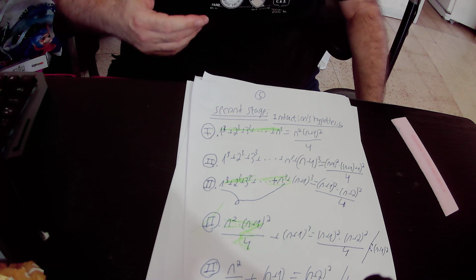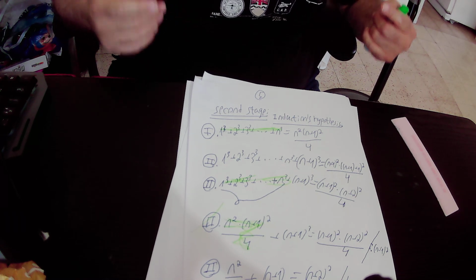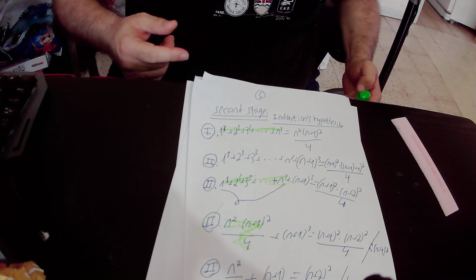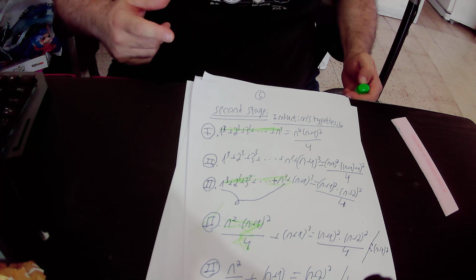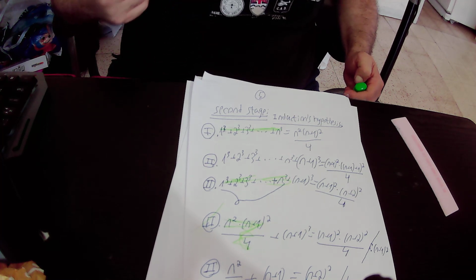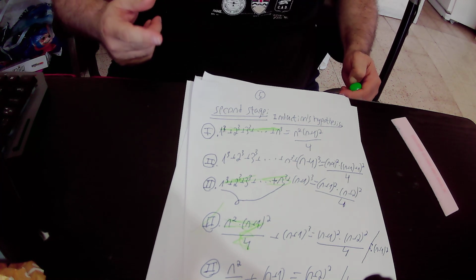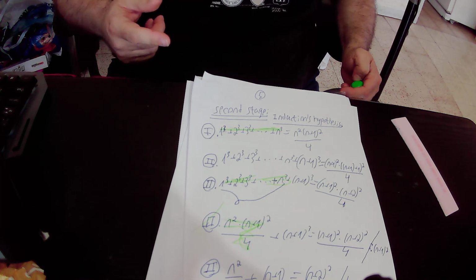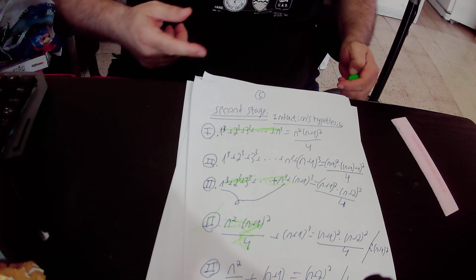In the first stage, we will check if the statement is true for n that equals to 1, and then, only if we passed this test, and indeed it is true for n that equals to 1, we will proceed to the second stage. That is to say, we will assume that the statement is true for n, and then we will prove it for n plus 1. And actually in this way we proved that the statement is true for all the natural